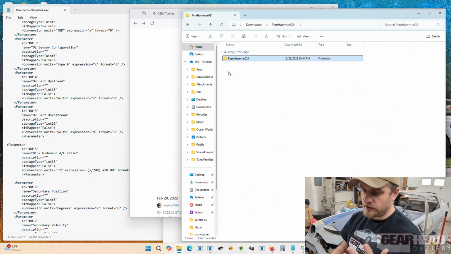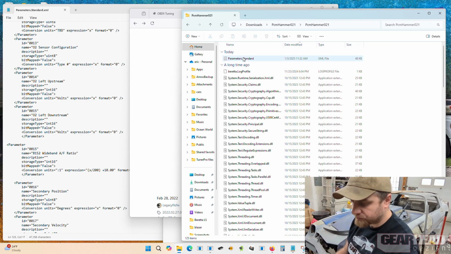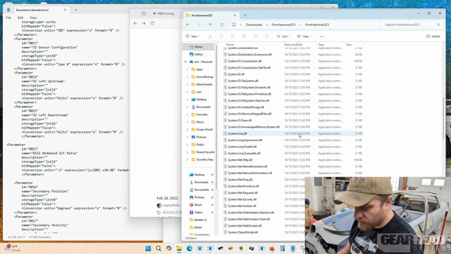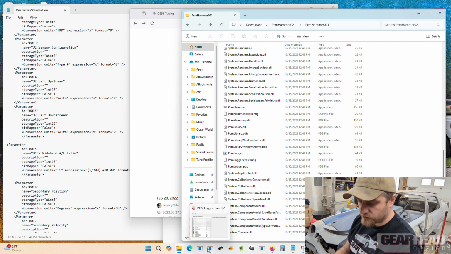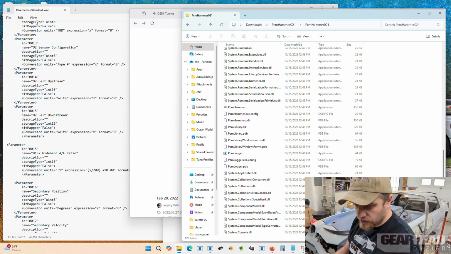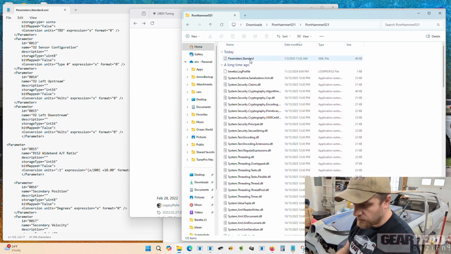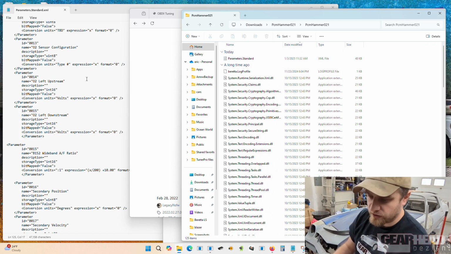So here is the zip that I've already unzipped. And then PCMlogger is right here. I put a link to PCMlogger right on my taskbar, so it's easy to get to when I need to data log. And in the parameters file, which is right here, that I modified today because I was playing with the wideband,